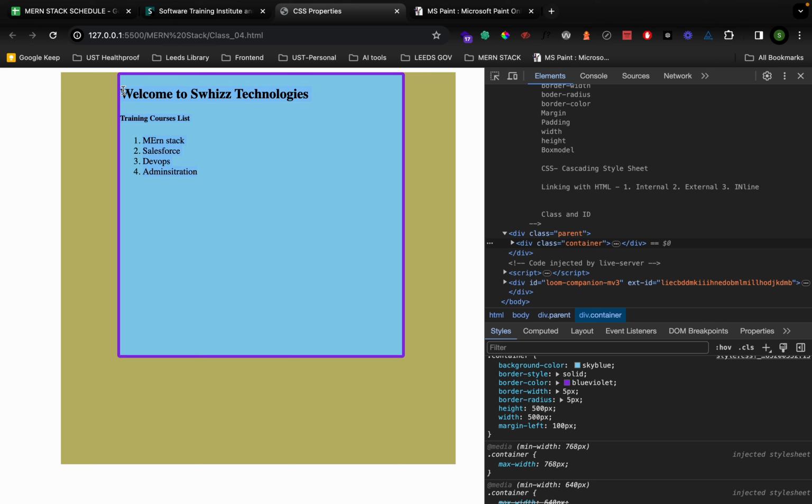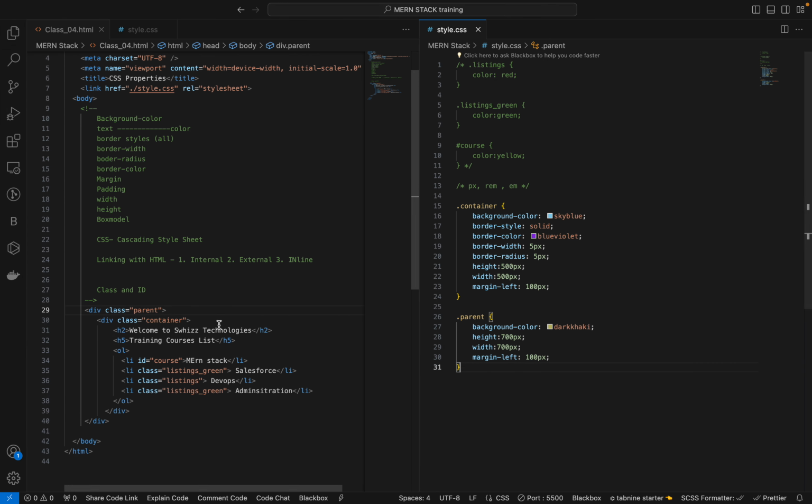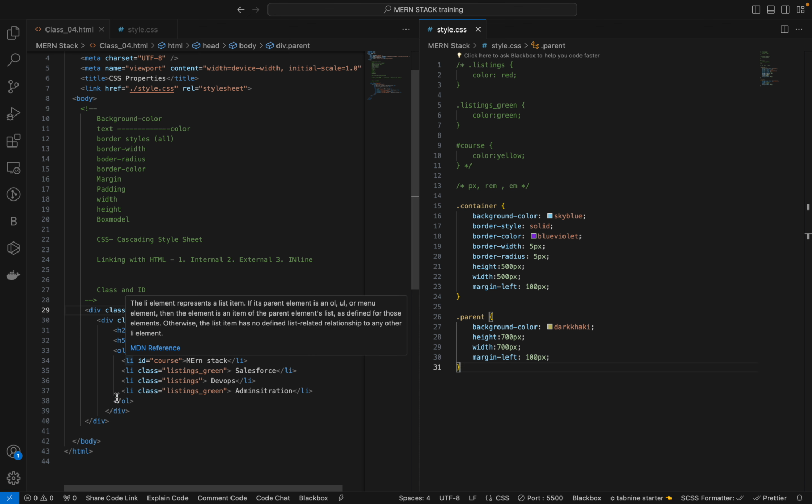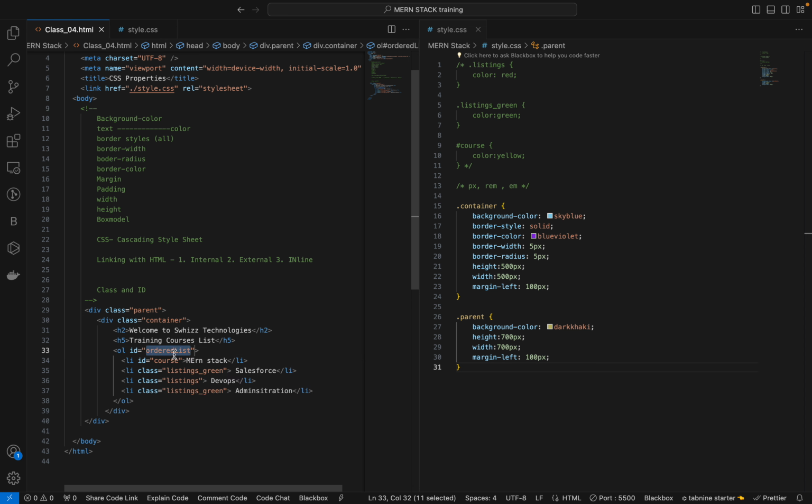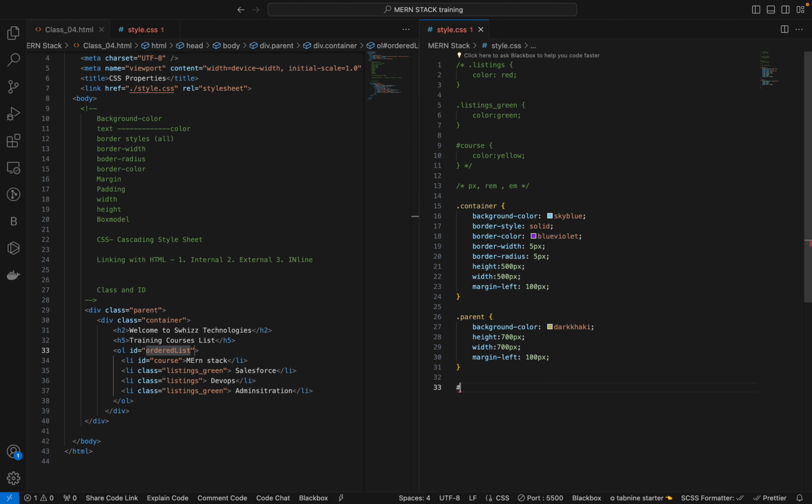It is at the browser edge, but I need the training courses and the MERN stack list, everything, in the center. You can give margin for this one or else padding. First I will give the margin for the training course. For example, see, this is the OL tag, right? So I will write an ID for now, not a class, for a changeover. ID like order list. So I will copy this and use it here,